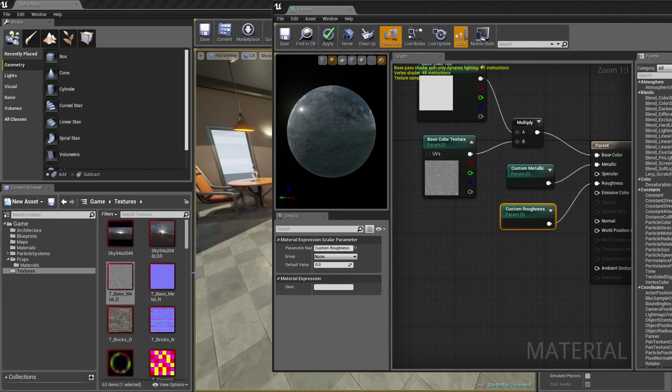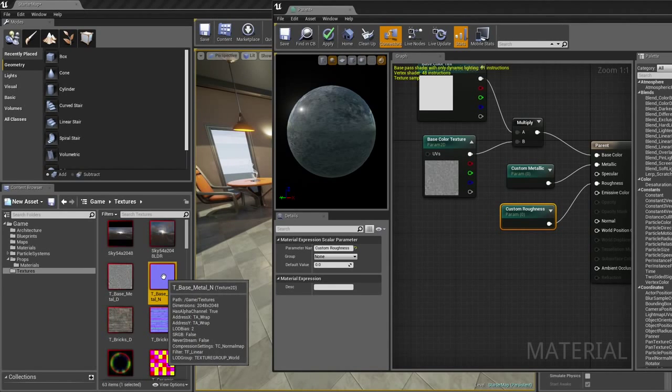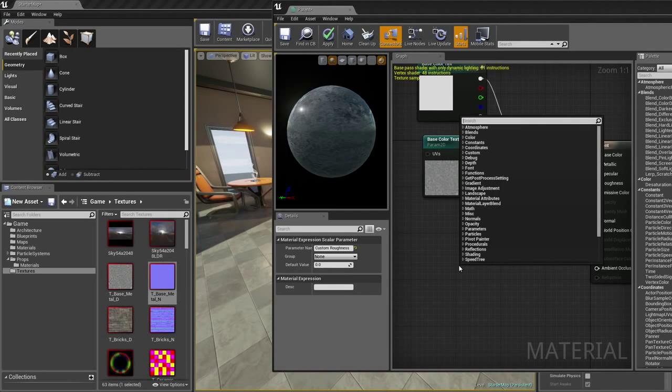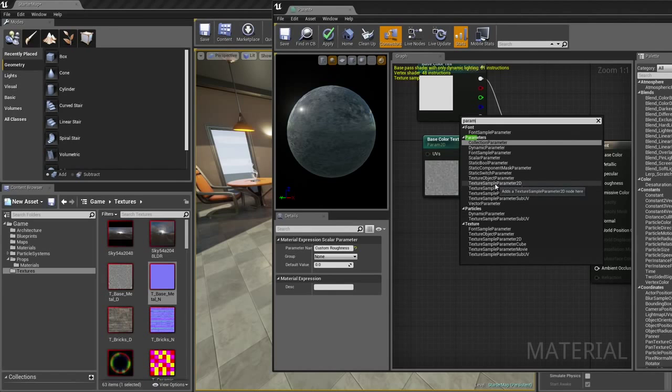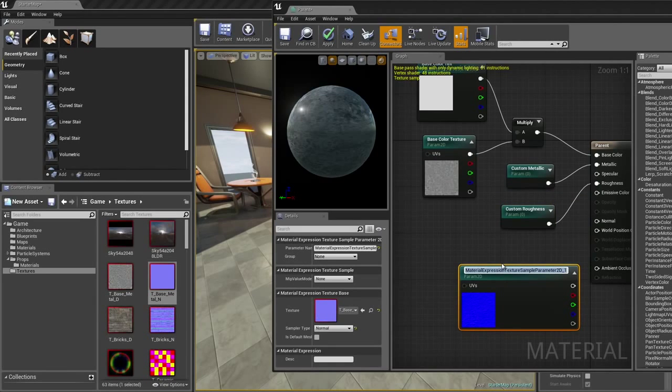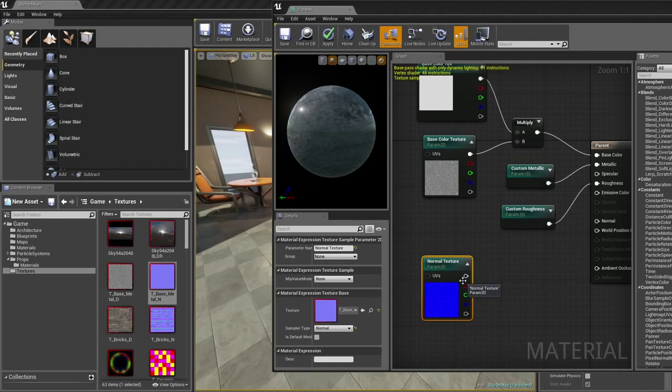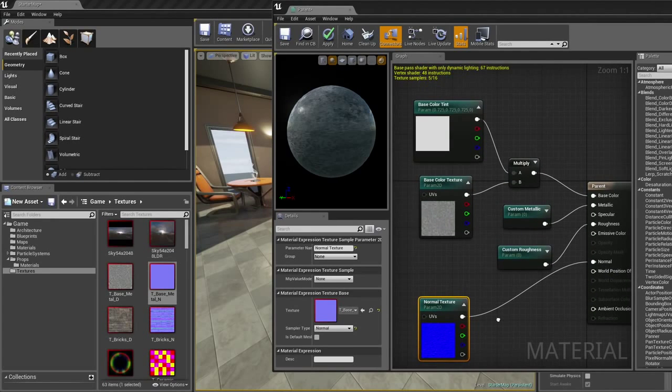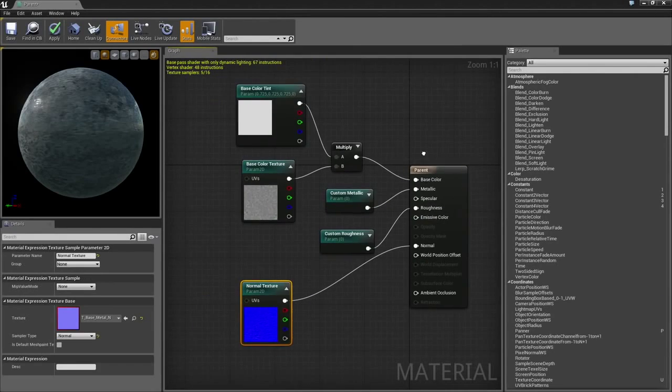Now we need to bring in our normal map. So here in the content browser, I'm going to right-click over here, and another parameter. We want a texture sample parameter 2D, and we'll call this normal texture, and we will simply plug this into the normal map. So we have all of these parameters plugged into our surface. So that's working well. Let's see, is there anything else I want to do? I think for starters, just for kind of getting people warmed up, this is probably enough. So let's go ahead and click apply and make sure we save this,